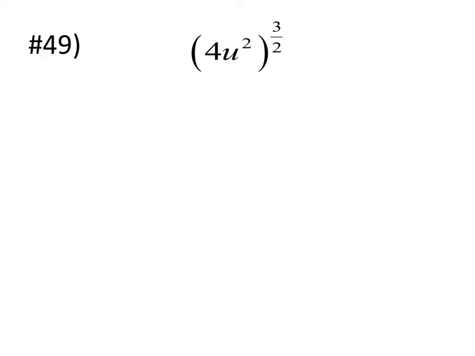Okay? Power or exponent rules say if you have a power outside, you need to give it to both pieces. So this is going to become 4 to the 3/2 power times u squared to the 3/2 power. Okay? So 4 to the 3/2 power,